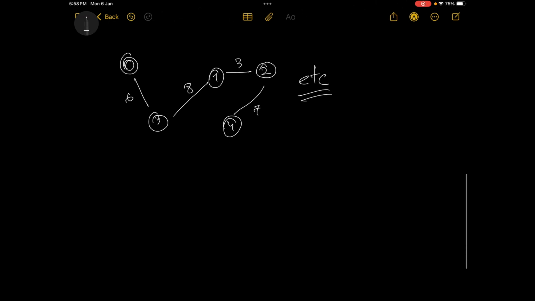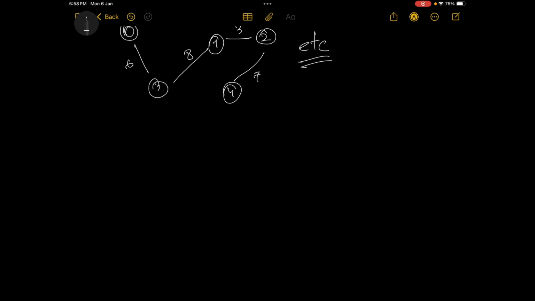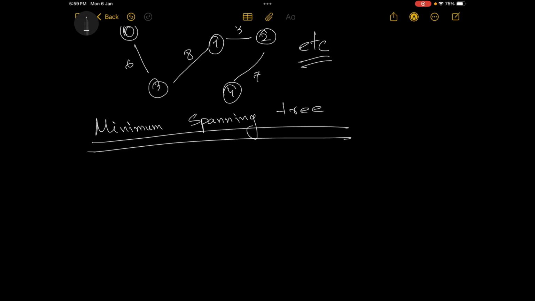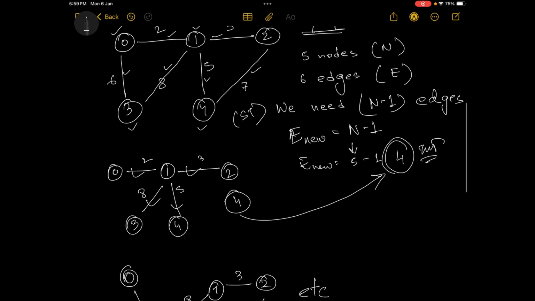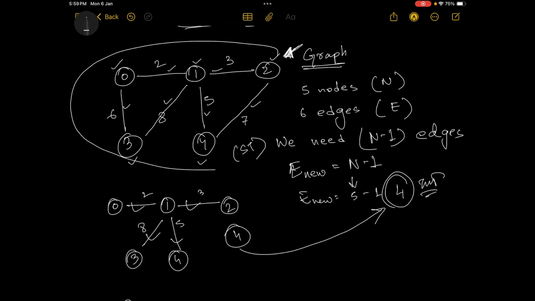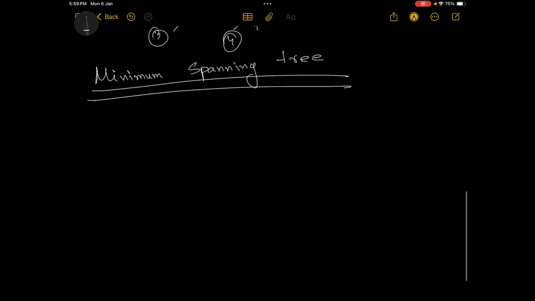Now out of all these spanning trees, what we are interested in is the minimum spanning tree, right. Minimum spanning tree is a special case of all the spanning trees that can be formed out of this graph, okay. Now what is the definition of a minimum spanning tree? The formal definition of a minimum spanning tree is one of which the sum of all the edge weights is